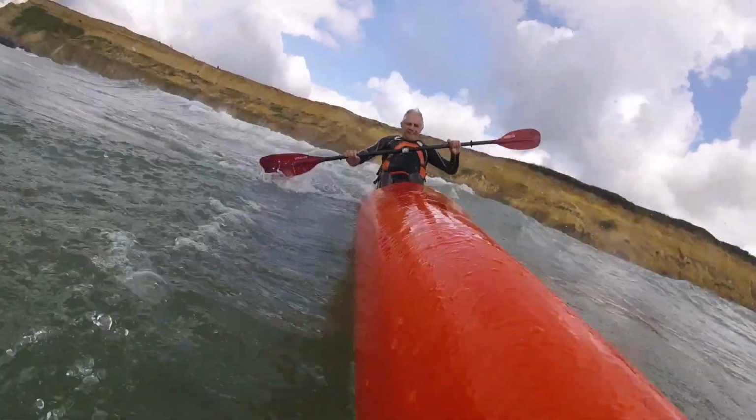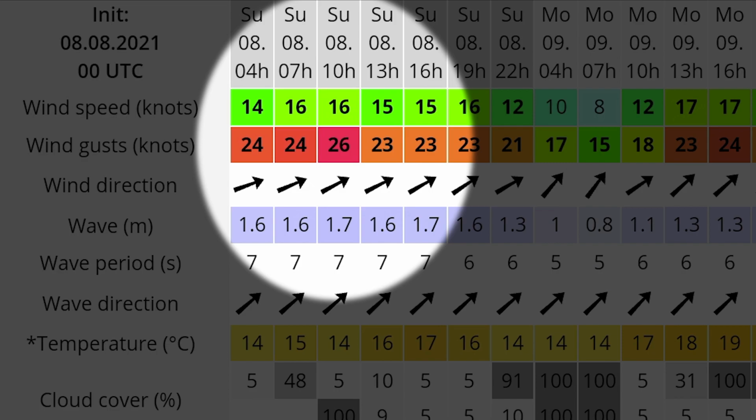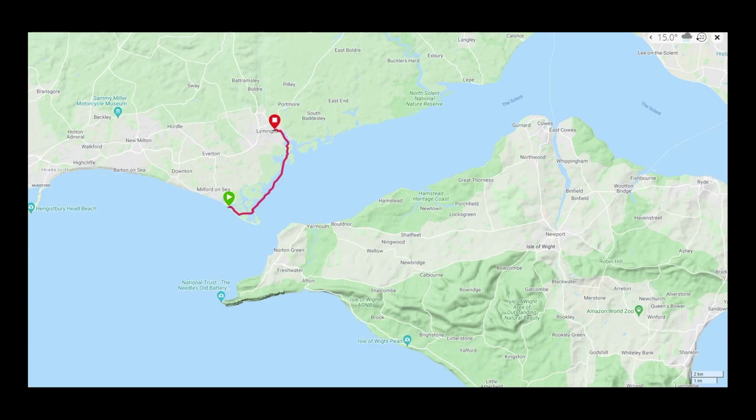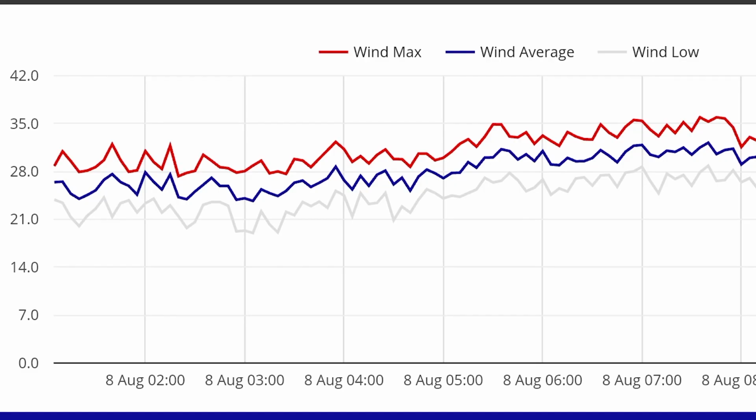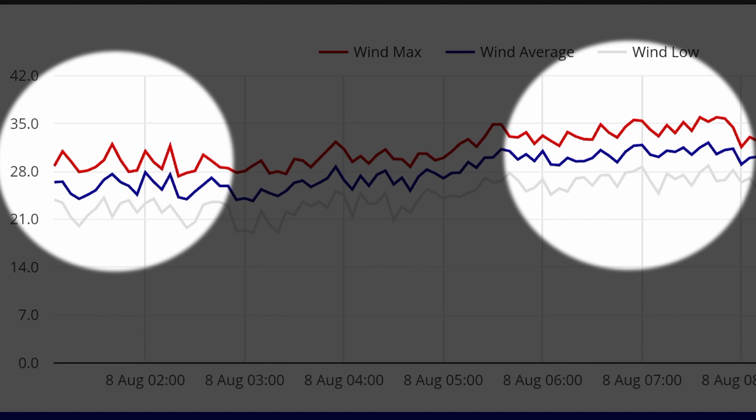All of this, though, was very dependent on the weather. So we were looking for a good wind. Here we had 26 knots from the southwest straight along the western Solent. As it actually happened on the day, it was up over 30, which was pretty good. And the plan was to launch from...